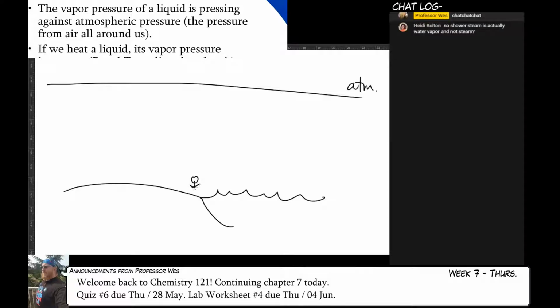If you're at sea level, then the pressure that the atmosphere pushes down on you is 1 atmosphere. And so you have to heat water until its vapor pressure equals this amount. But if you live in Denver, which is the mile-high city, which I guess is up here, and you're trying to boil water,